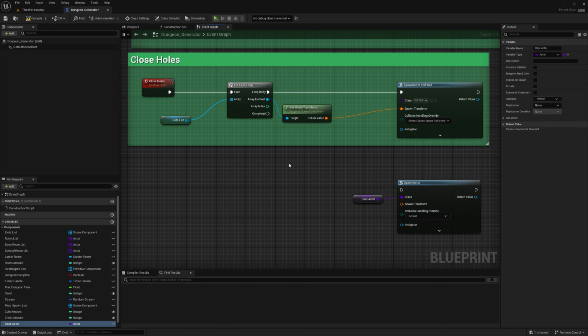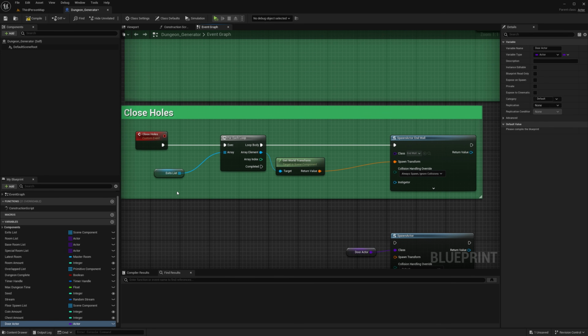Okay, so now we need the door list, which is a list of all the used arrows that we know there's another room on. Exactly kind of opposite, like these close holes. These are arrows where we know there's no rooms attached to them, right?